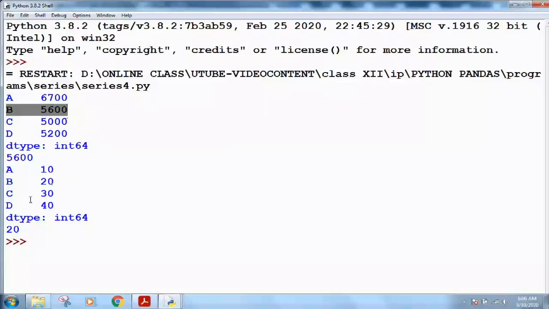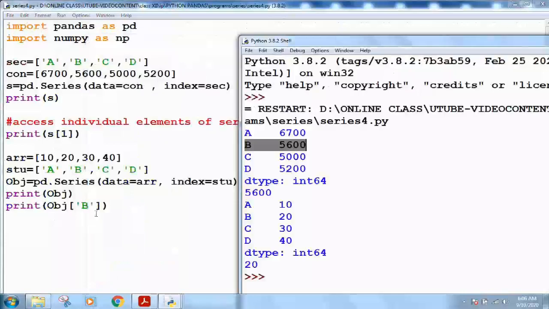Similarly, in this series if I write b, see here how the output is coming. I have written objb, b means this element, and this 20 is its value, so here I am getting the 20. So by giving the index, you can specify the index to access the individual elements of the series.